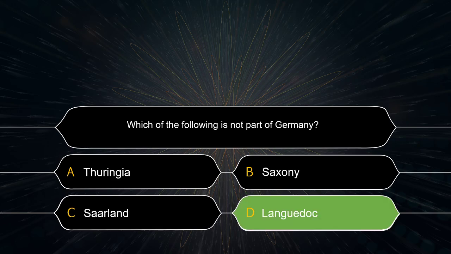D. Landau. You thought I was going to say the names again. Yeah. No. Okay, so for the people in the United States who don't know, and most of you won't because I had to look this up for the purpose of this question, A, B, and C are states in Germany. And D is actually in France.